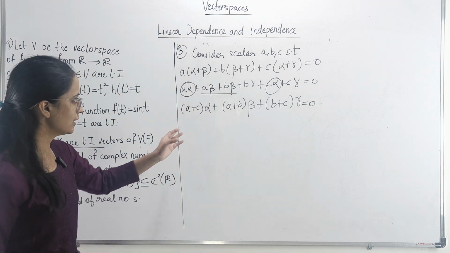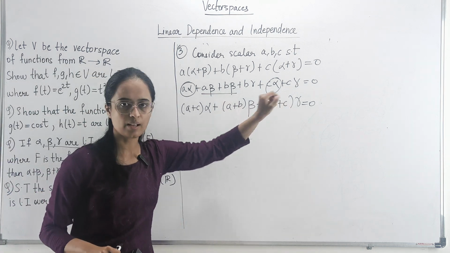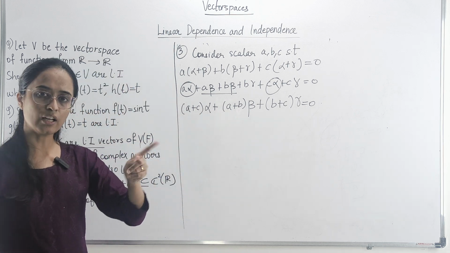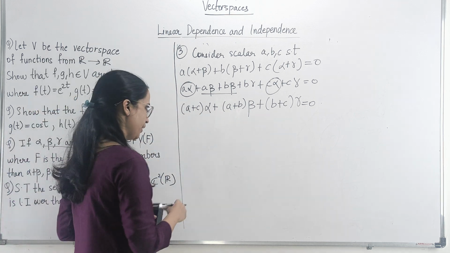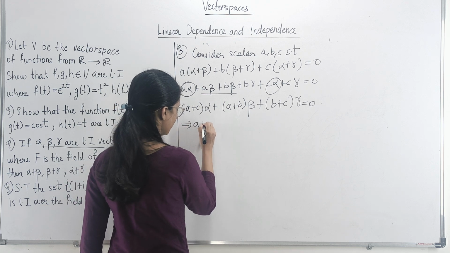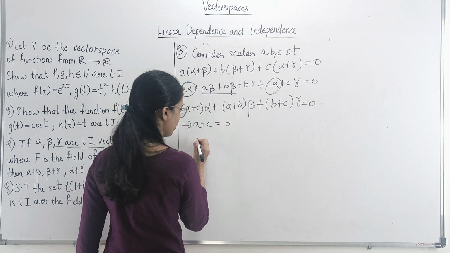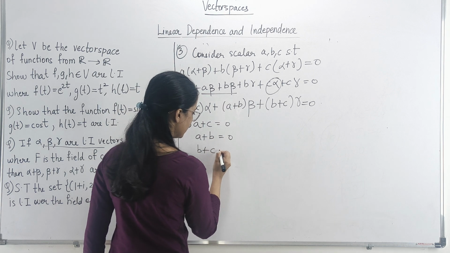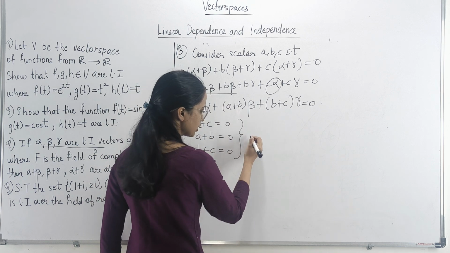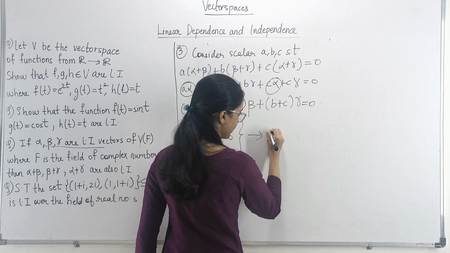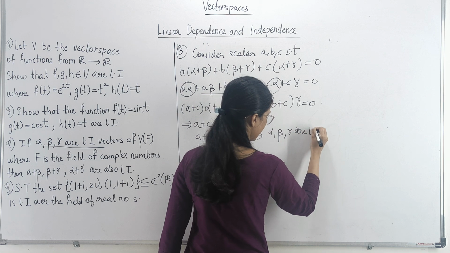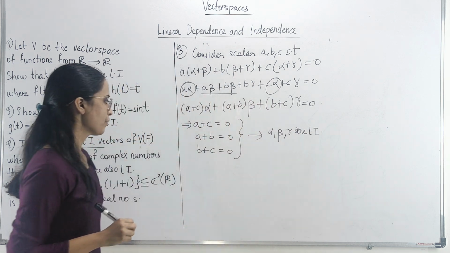If you see, this is the linear combination for the vectors alpha, beta and gamma जिनके scalars ये हैं। Now since we know कि alpha, beta and gamma are linearly independent, can I say that the scalars which are there, a plus c equals to 0, a plus b equals to 0 and b plus c is equals to 0? Why this is true? Because we are given कि alpha, beta and gamma are linearly independent।